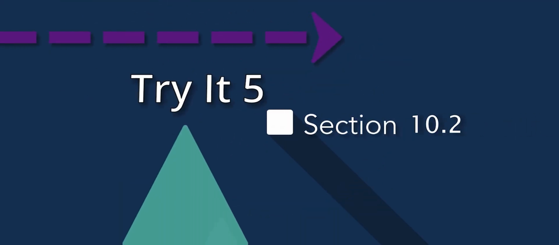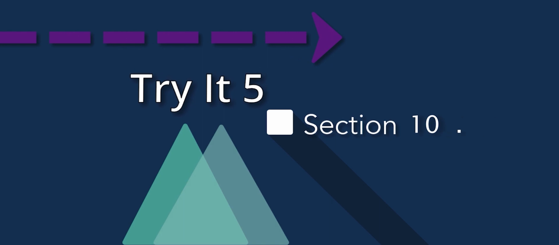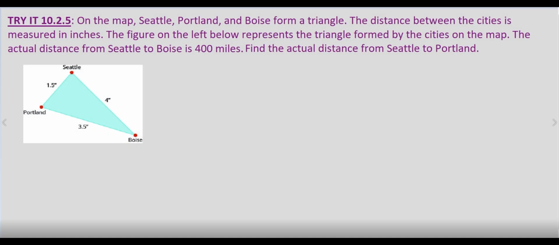In this proportions problem, we're told that on the map, Seattle, Portland, and Boise form a triangle. The distance between the cities is measured in inches on the map, obviously. The figure on the left below represents the triangle formed by the cities on the map. The actual distance from Seattle to Boise is 400 miles, and we're asked to find the actual distance